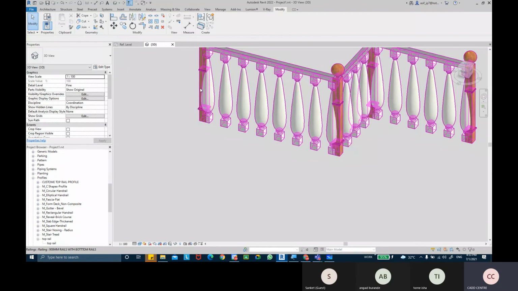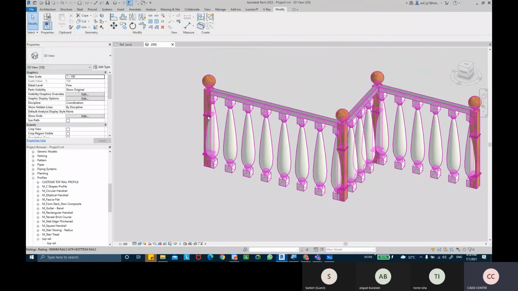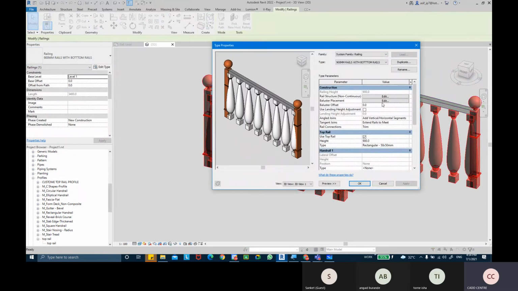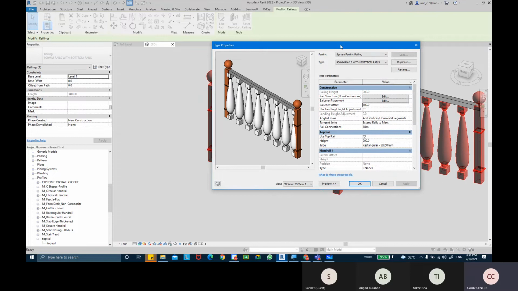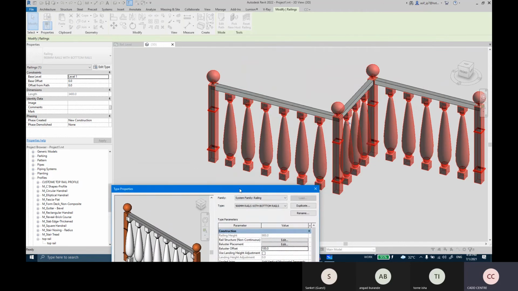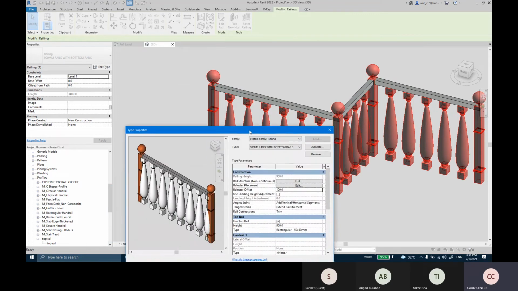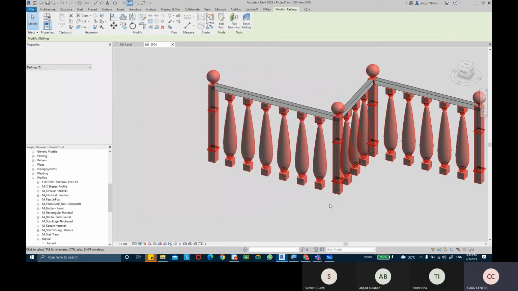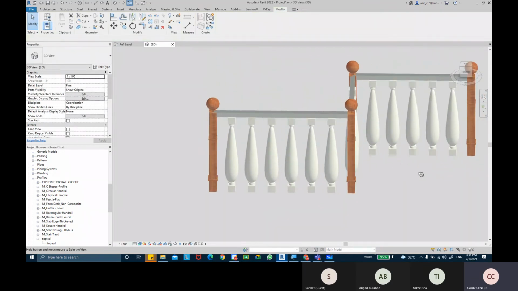Keep it in the center, you can see it overlaps with that thingy. So we can slightly use an option like baluster offsets. So that fixes the issue. Now it doesn't overlap. The baluster offset is like from the post it offsets. So you can see now it doesn't clash.